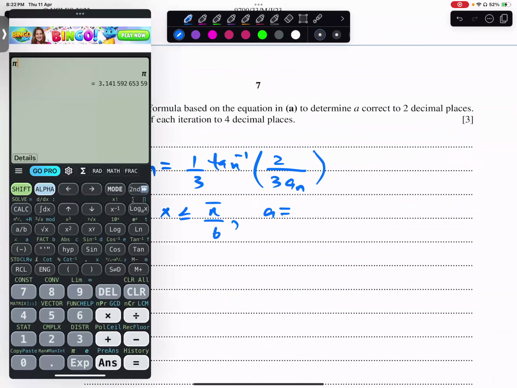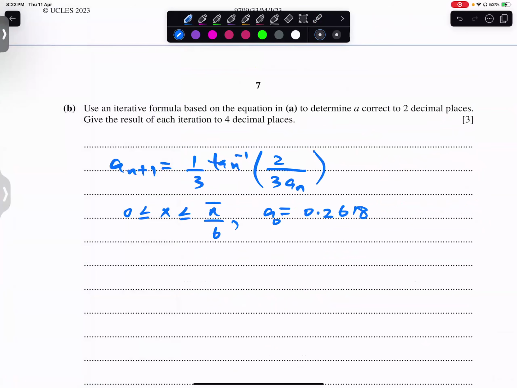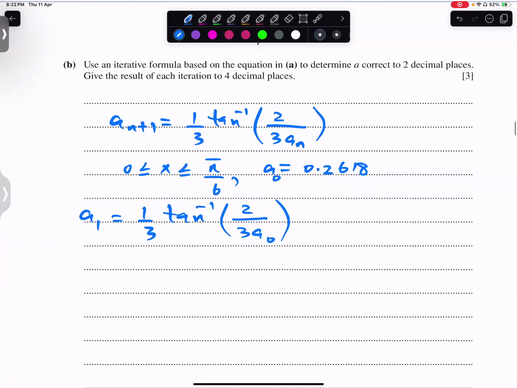So pi divided by 12 will be 0.2618. This is my starting point. I will call it the initial guess. So if I put n equal to 0 in the above iteration, I will get 1 over 3 tangent inverse of 2 divided by 3 a naught. So a1 will be